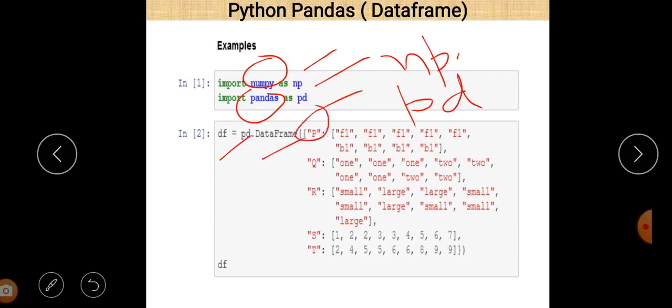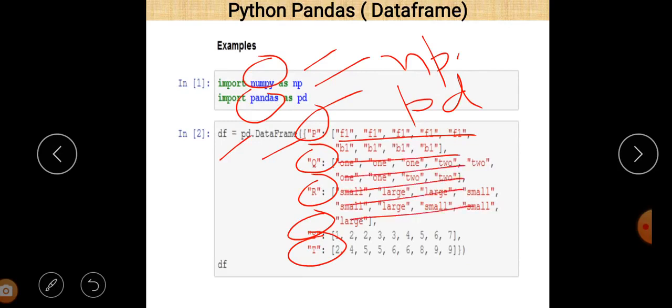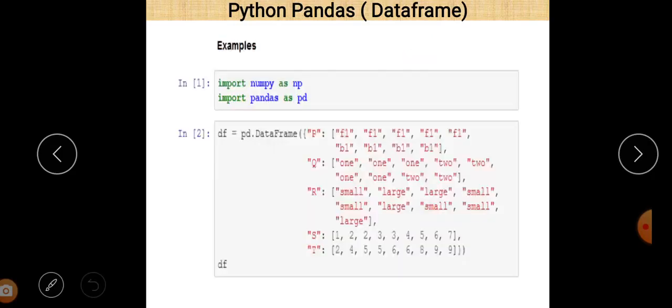So these are the column values. Keys become columns when we want to declare the data frame using a dictionary, and these are the values regarding those columns. So you can easily see that there are 5 different columns, P, Q, R, S, T, and values are given for them. And you can easily see that there are duplicate values, and since we use the pivot underscore table function here, if there are duplicate values, then it will not show any error in our program. You can easily see that. If we just print the df statement,